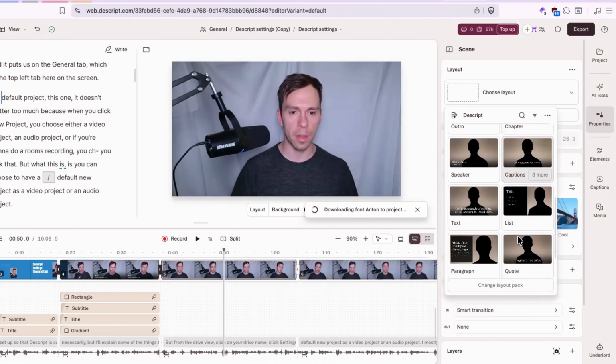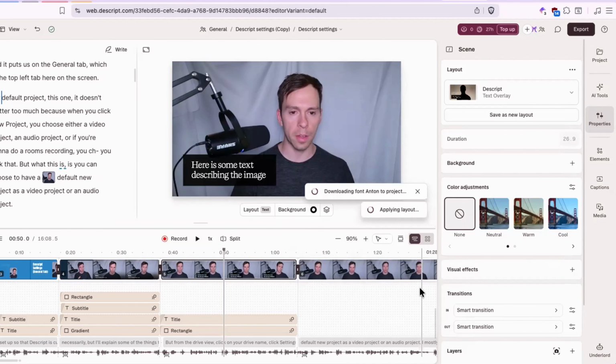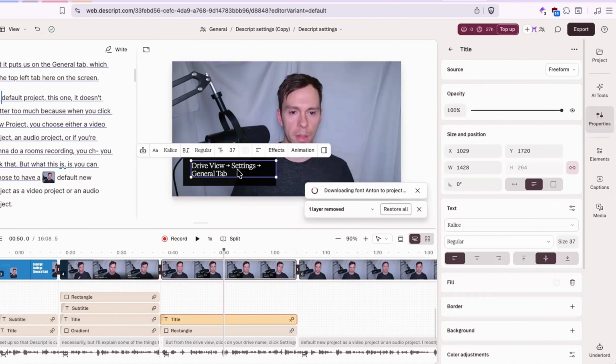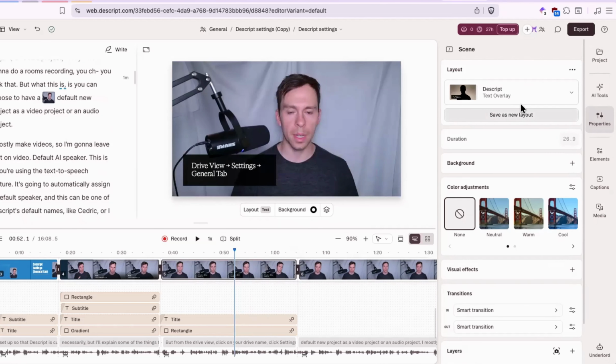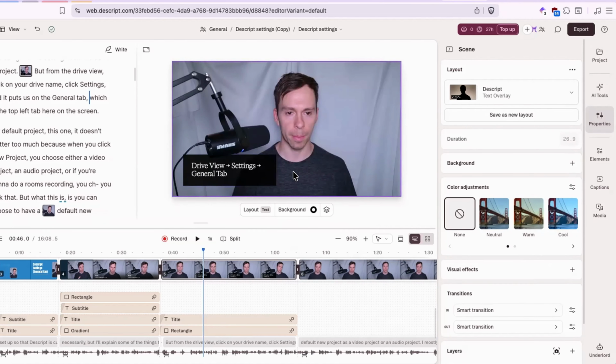Another option is the text type of layouts. If I click two more, like this one here, for example, this puts a little box right there relevant to what you're talking about. So in the case of you introducing yourself, it would say again your name, how long you've been doing it, whatever you decide to say. So does that make sense? Yeah, okay, so just getting good at layouts, basically. Yeah. Anything you can imagine would be helpful for the viewer or a way to illustrate what you're saying is valid. You could do it here. These are just ideas and examples.